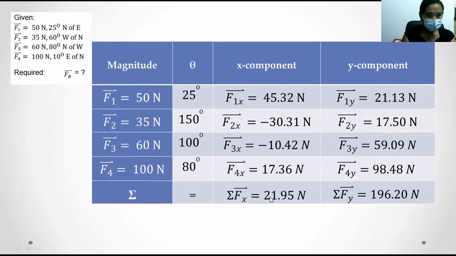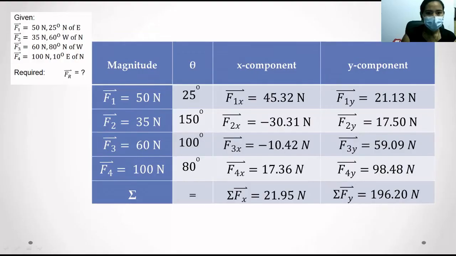Getting the sum of all these values, the summation of F sub x is equal to 21.95 newtons. So when we say summation, you add up. That's 45.32 newtons minus 30.31 newtons minus 10.42 newtons plus 17.36 newtons will give you